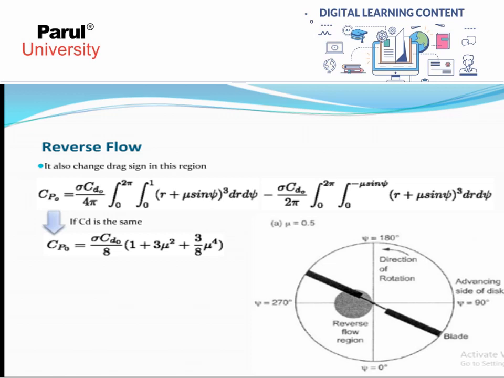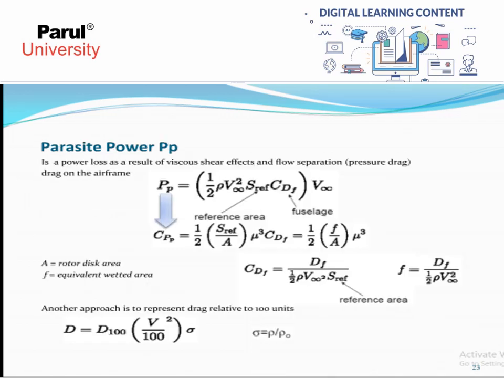Right? Now, parasite power PP is a power loss as a result of viscous shear effect and flow separation pressure drag. The drag on the airframe, PP is equal to, in bracket, 1 upon 2 rho V square S reference into CDF, close bracket, V into V infinity, where S reference is the reference area and CDF is the drag coefficient due to fuselage. Then CPP, in the term of coefficient, profile power parasite power coefficient is equal to 1 upon 2 S reference area divided by disk area into mu q into CDF, means drag